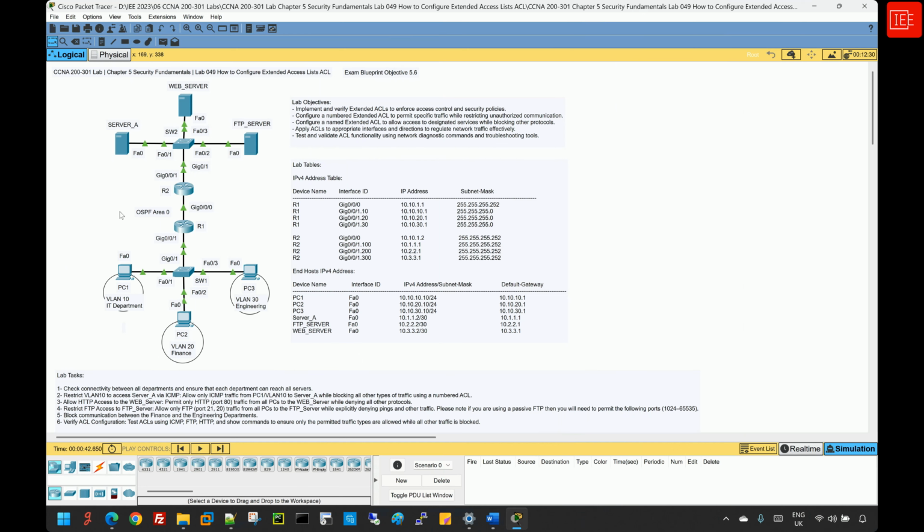In this lab, I will configure and verify extended ACLs on Cisco devices, which allow you to filter based on source and destination IP addresses, protocol types, and port numbers. This lab will demonstrate how to configure both numbered and named extended ACLs and apply them to router interfaces and